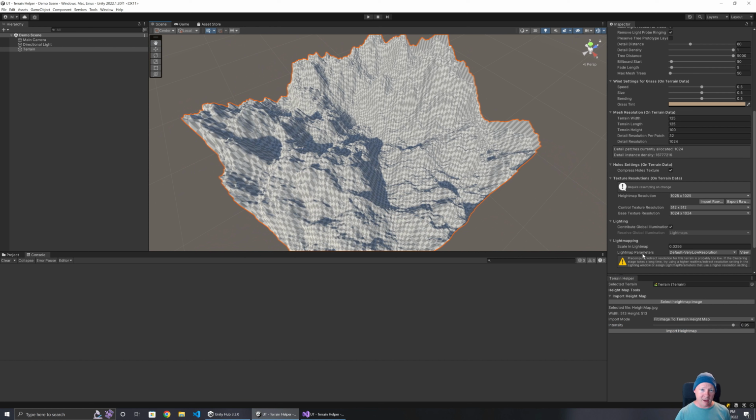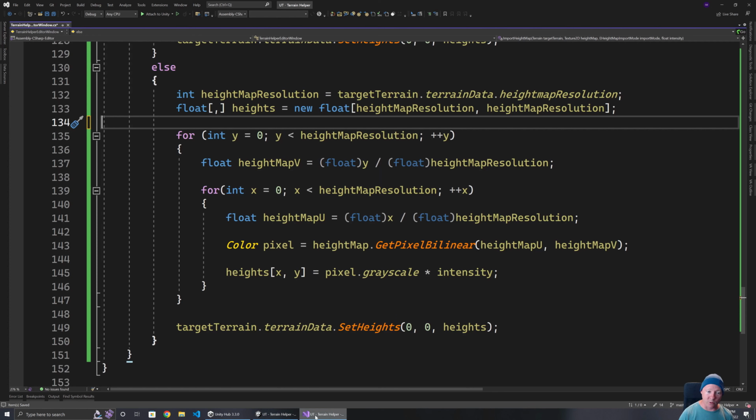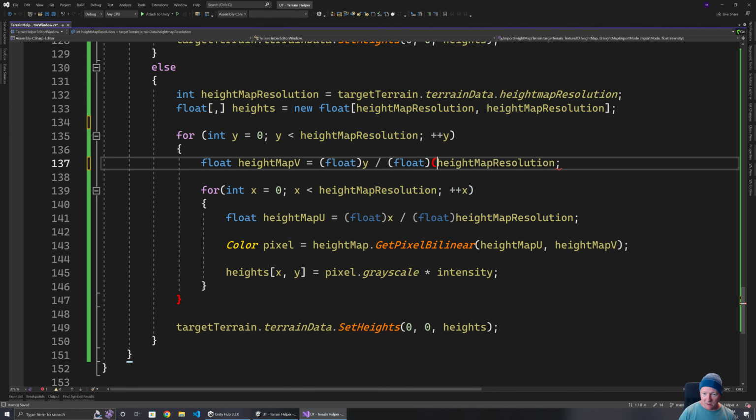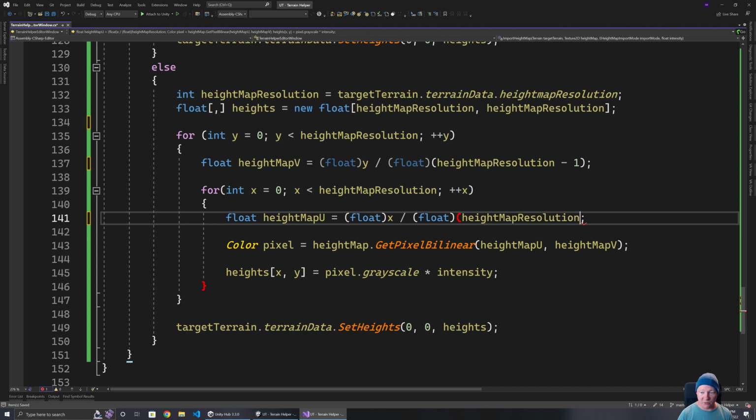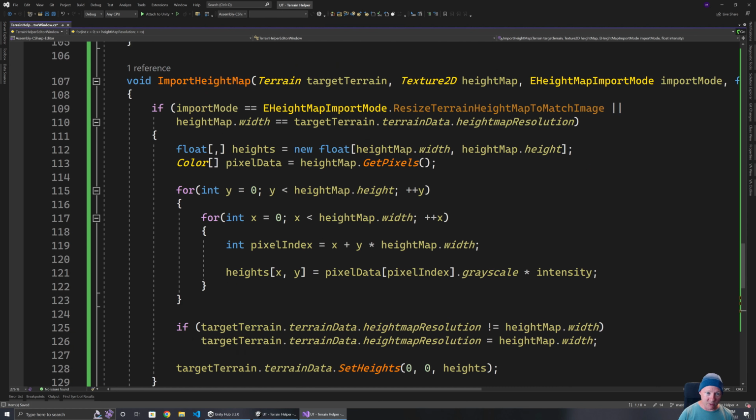This is now using the one where it's doing the get pixel by linear. We do get a little bit of a weird sort of edge there. So we can see we get some artifacts on the edge when we're importing and it's having to resample. So what we actually need to do is a couple of things. One of them is these UV coordinates. We actually should be doing a -1 there, so the coordinates fully go that entire range of 0 to 1. The other thing that we need to be doing